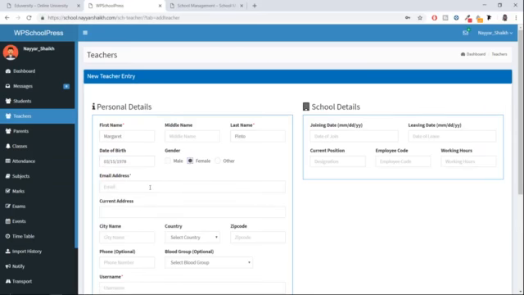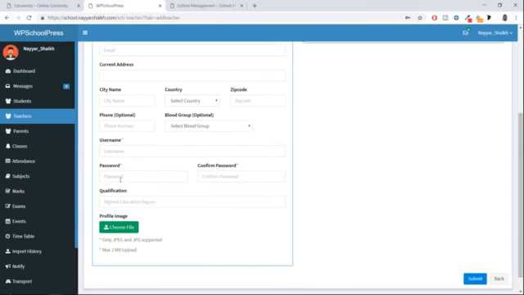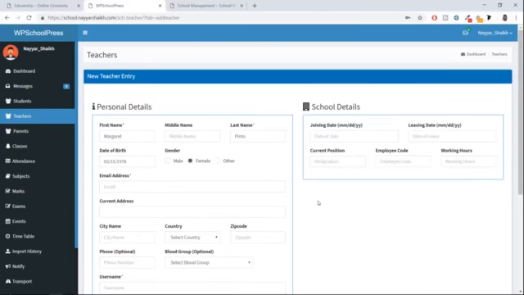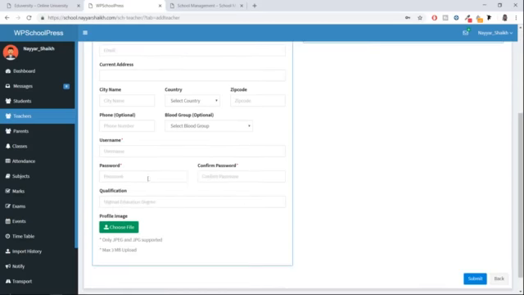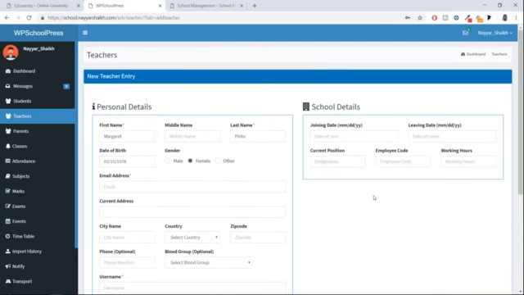Female, and email address. Now be very careful when you enter the email address and password, because here you have the password at the bottom. So you have to enter the personal email address of that teacher. Now this is important because that teacher will be using this email address and this password that you will be putting over here to log in to that teacher's account on this website. So just be very careful. Okay, so I'm just typing the name over here, margaret.pinto@gmail.com, and you should remember this. Whatever you're entering over here.